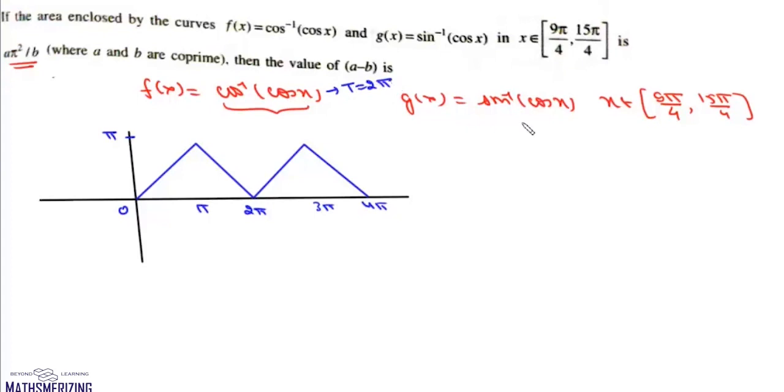Now we'll draw the graph of sin inverse of cos x. Now we know that sin inverse x is pi by 2 minus cos inverse x. So we can write this as pi by 2 minus cos inverse of cos x. So basically the graph of g(x) is pi by 2 minus cos inverse of cos x. Now here our basic graph is cos inverse of cos x. First we'll draw the graph of y equals minus cos inverse of cos x. So it will be